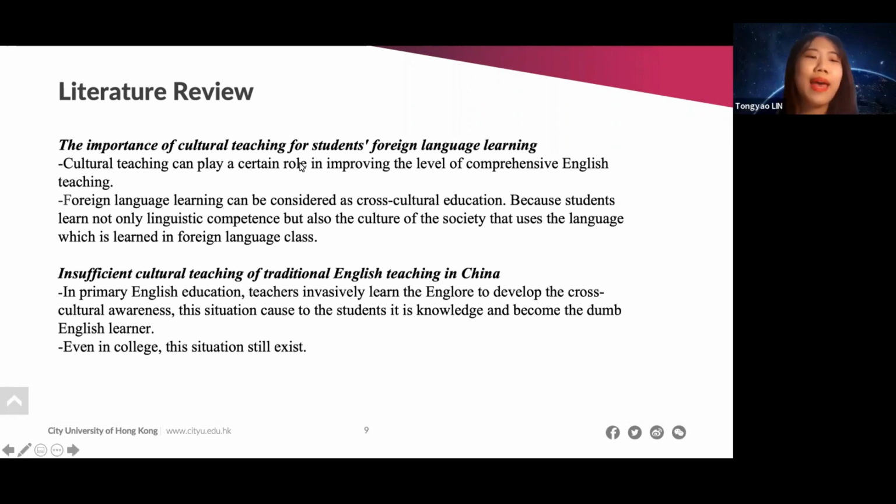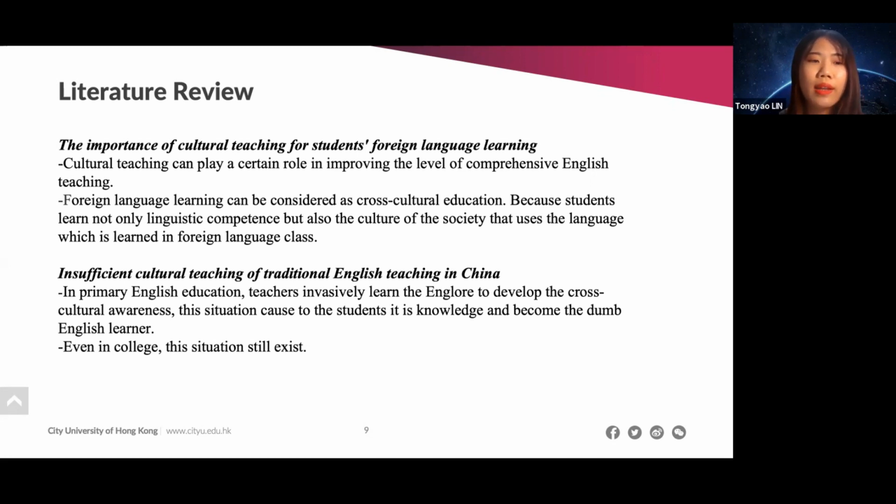Okay, thank you, Peng. When students learn a foreign language, they also need to focus on cultural learning. Cultural teaching is a very important part of foreign language education, as it can develop students' cultural awareness and cross-cultural communication. He and Yang believe that if an English learner receives cultural teaching during the learning process, and has a strong cross-cultural awareness and relevant cultural knowledge, he or she will have stronger communicative skill in speaking and